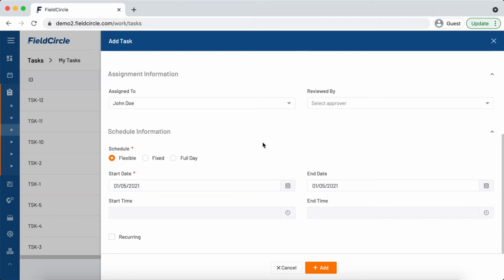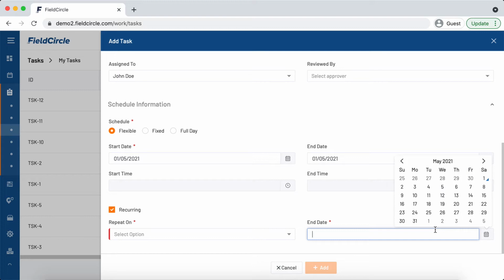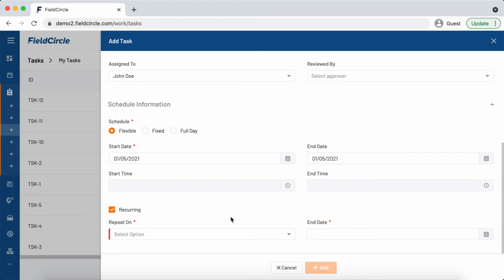The workflow allows that. Lastly, if we talk about schedule, you may set it up for a specific date, time, or otherwise you may make it recurring. So it would be sort of periodic task repeated on a specific interval. And once you have decided the frequency, you may set up the end date, or otherwise it would run indefinitely. So that is how you may create a task and assign it to an employee.